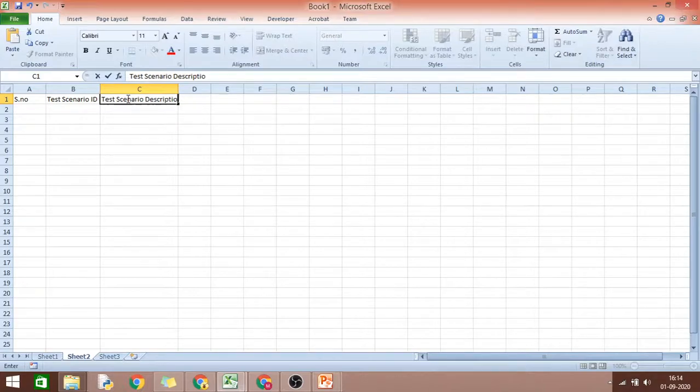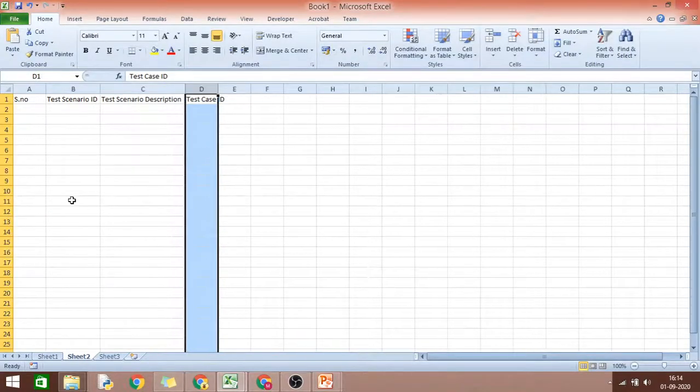And then comes your test case ID. Now you might have a doubt: since we already have a test scenario document with these two columns, why are we putting them here again? A few clients accept the test scenario document as a separate document and the test case document as a separate document. In that case, you have to create two different documents.